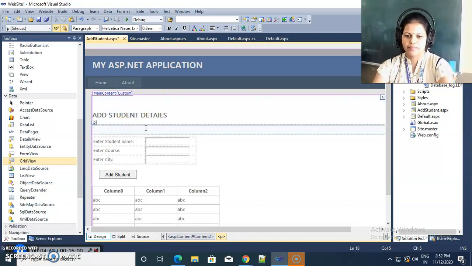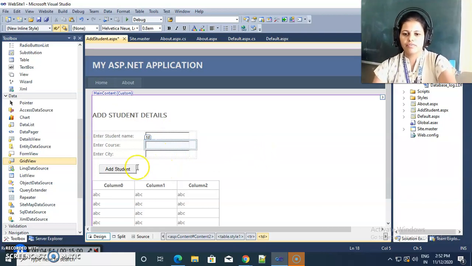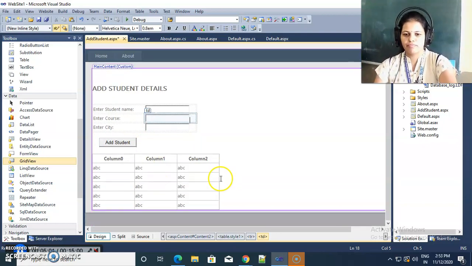Okay, so this is my form. Now you may design this page attractively, but I am interested in functionality, so I am showing you how we do functionality for this web page.